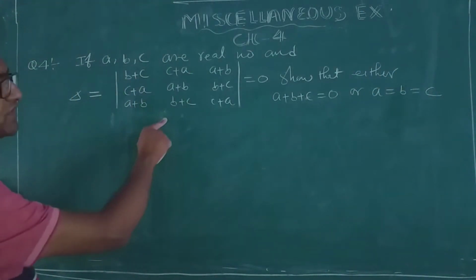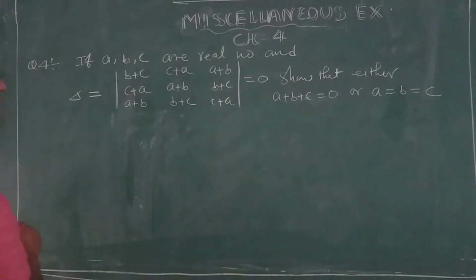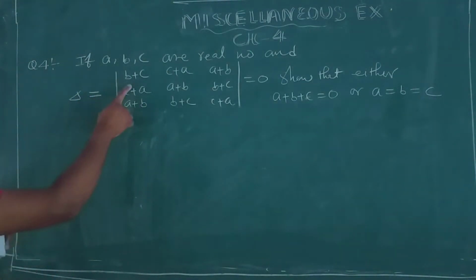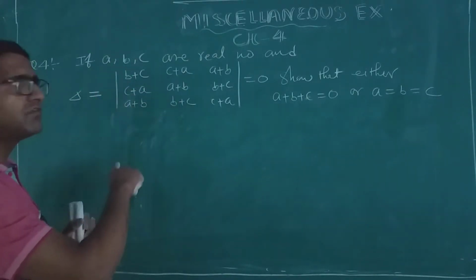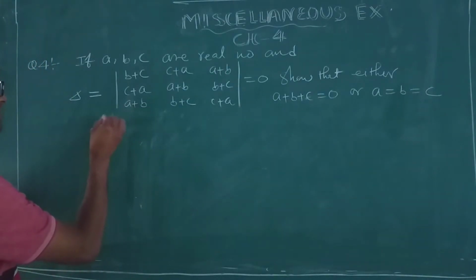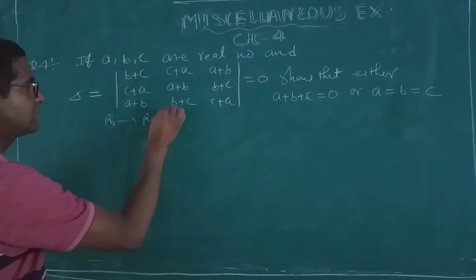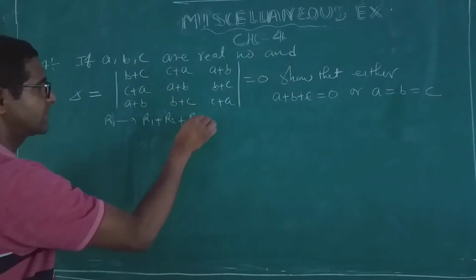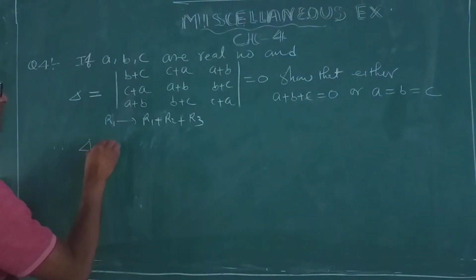I will apply the operation in the given determinant. Since the elements are in cyclic order, I can apply the operation C1 changes to C1 plus C2 plus C3, or R1 changes to R1 plus R2 plus R3. Your choice. Let us suppose I am applying the operation R1 changes to R1 plus R2 plus R3. Therefore, delta equals